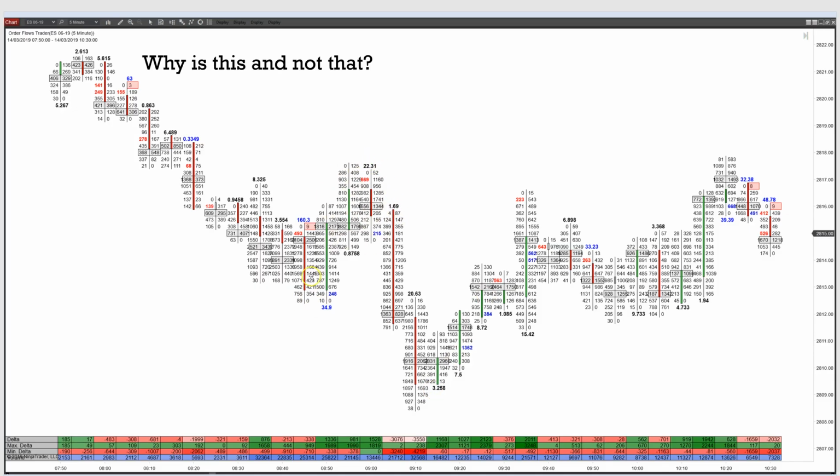If you were looking to buy this in here, yeah, you could have bought it, but if you bought it, you could have got out in here at a scratch or a small loss and gotten short, because this is a very bearish, very negative bar. This is the resistance selling, the absorptive selling, so to speak, in there. But again, it's kind of hidden. You have to look for it and make sense of that.